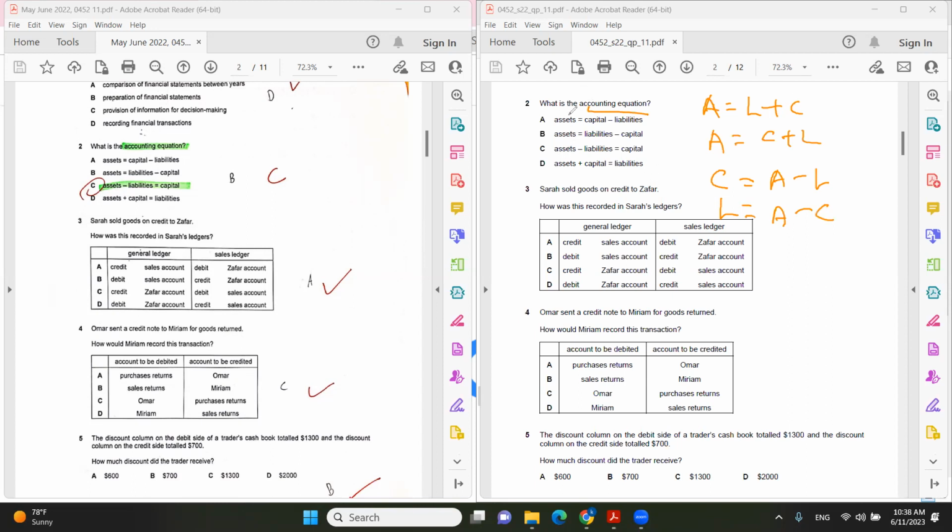So in the list in here, asset equals, this is minus. So minus is wrong. Asset equals, this is minus also. This is also wrong. Asset minus liability equal to capital. So this is the answer for it. Okay. Now next is